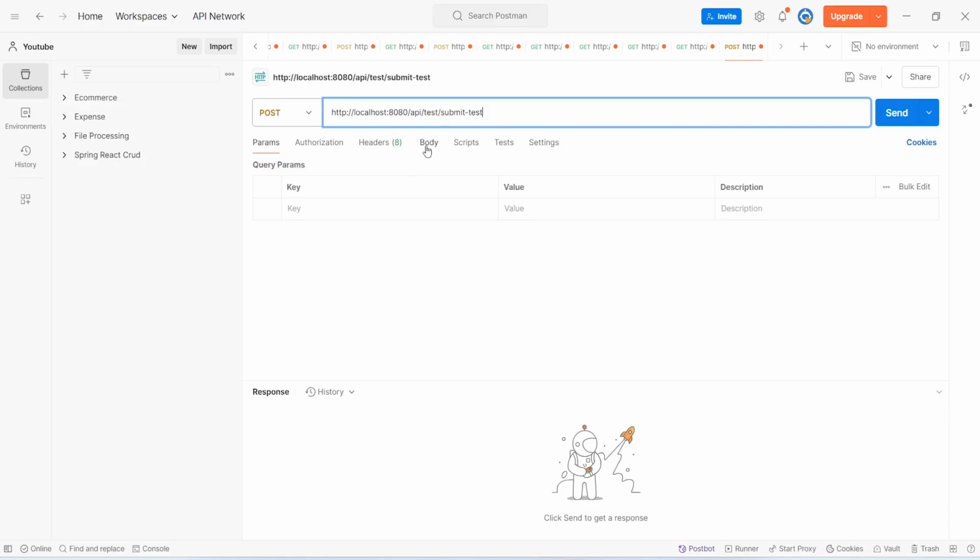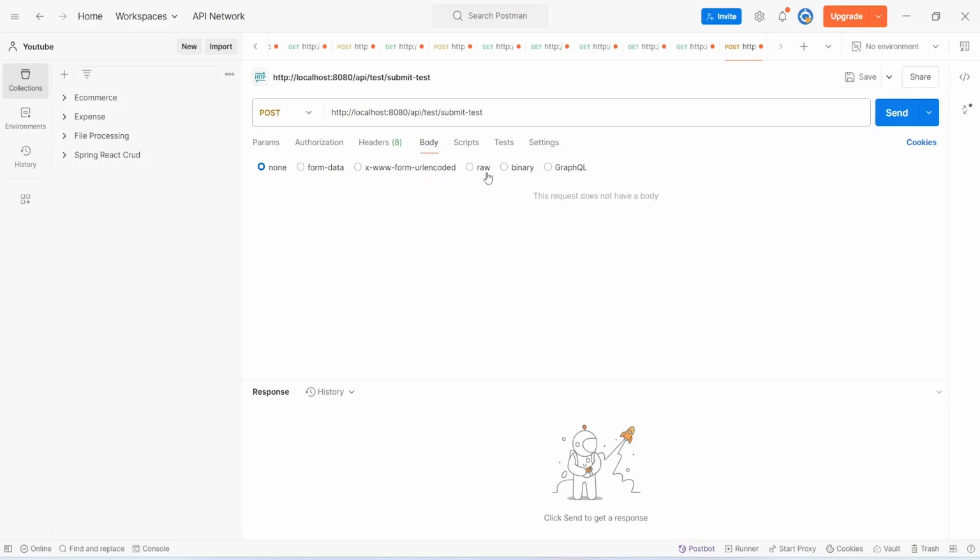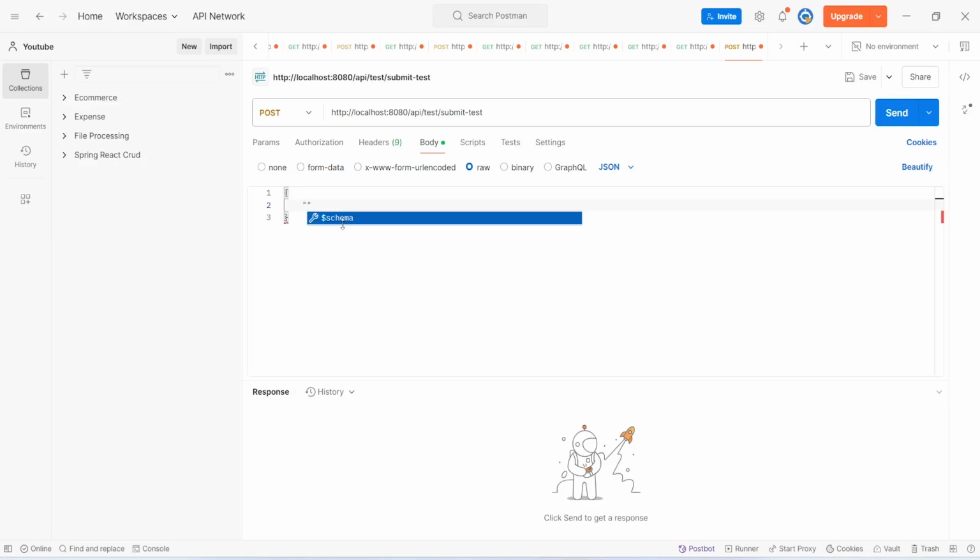To do this we will click on this body tab, and after this we will click on raw, and in this request body we need to send the test ID, user ID, and the list of responses. First of all we need to send the test ID, and I will send this as 1, and after the test ID we need to send the user ID, and I will send this as 2,